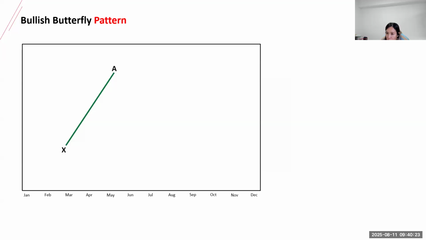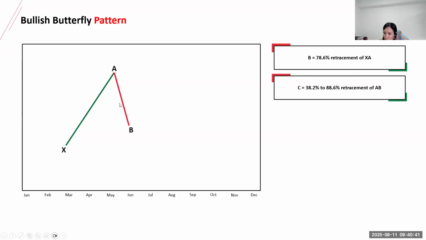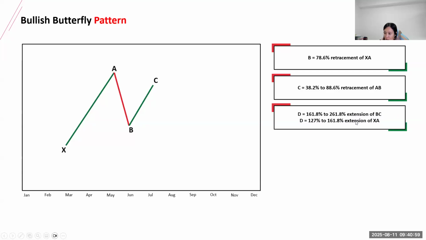So basically I'm going to start with the bullish butterfly pattern. They're going to have XA, and then B retraces 78.6% of XA. Remember that. Then C will retrace anywhere between 38.2 to 88.6% of AB, meaning anywhere between this box, and they will get the C, and the D is going to be your